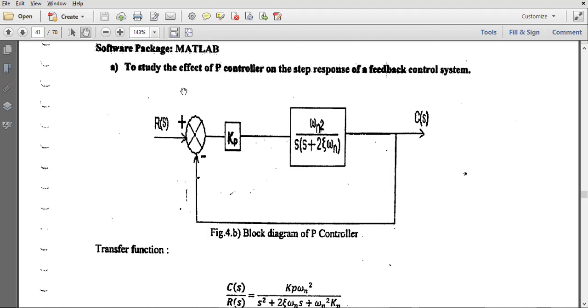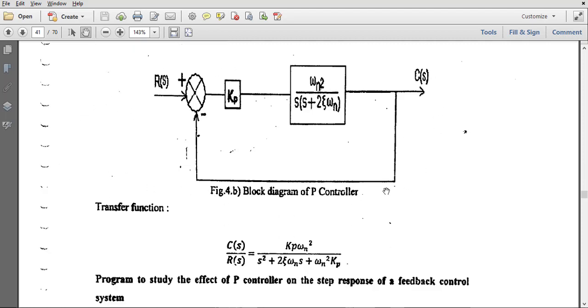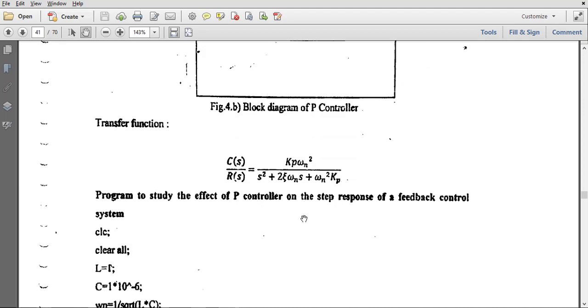Using this transfer function from the block diagram, we can write this transfer function, where you can see omega n square is now multiplied by Kp both in the numerator as well as in the denominator. So we start with our MATLAB program.